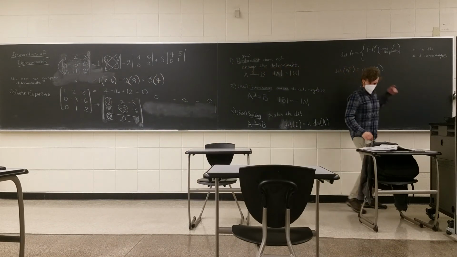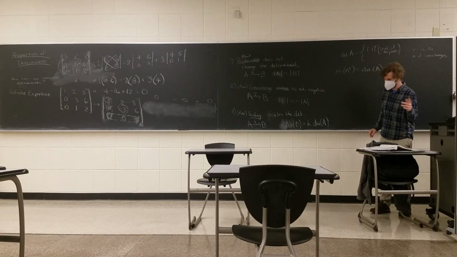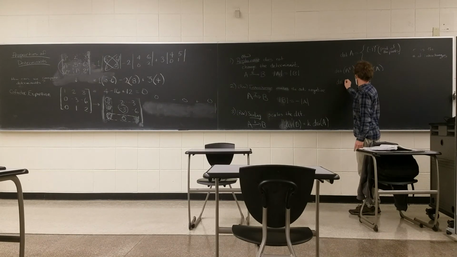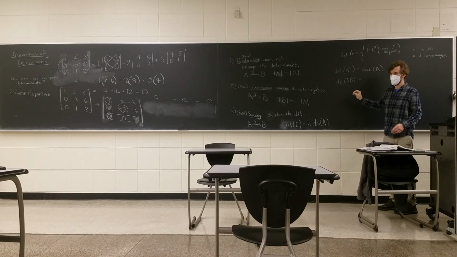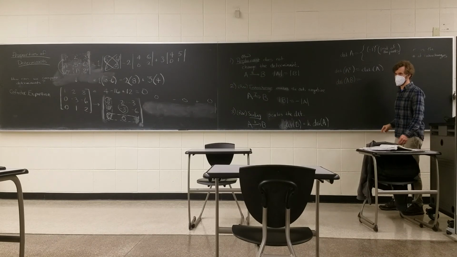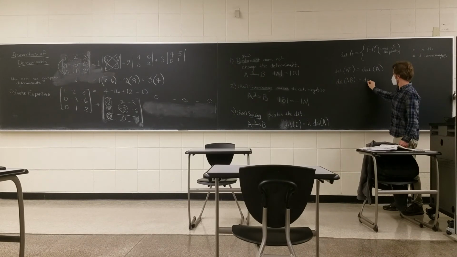So this is true. And now the most important and fascinating one of them all: the determinant of A times B is completely unexpected from the formula for cofactor expansion. You never would have guessed this just by looking at the formula. This is true. Determinant of A